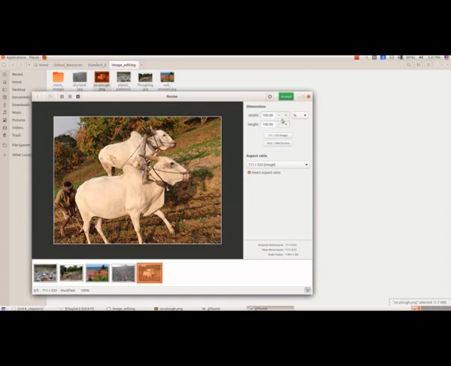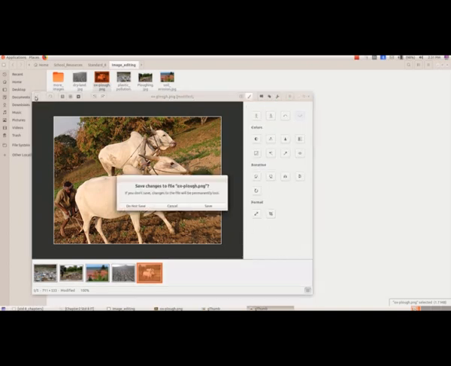We have the options here, and by clicking here you can increase or decrease the height and the width of this image or picture. So that is resize. I don't want to save this, so I am selecting do not save.